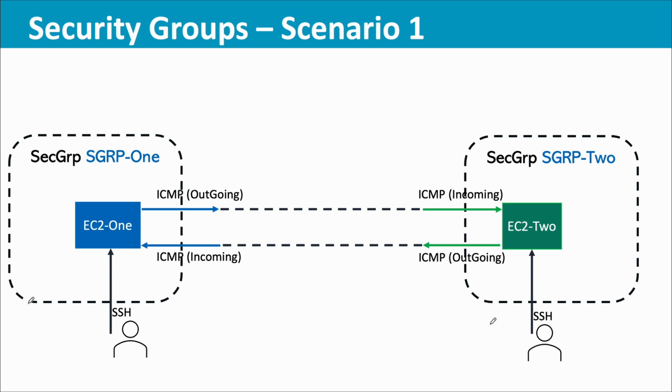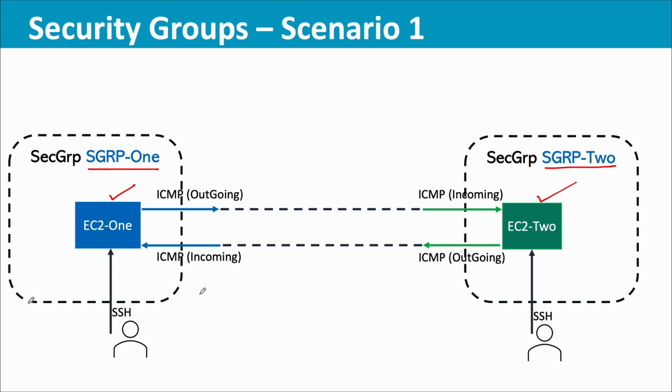So to test this, I have set this up within the default VPC. I have two security groups. One security group is called security group 1 and security group 2 is the second one, and within that we have the first EC2 and the second EC2. And what I will try to do is ping from the first EC2 to the second EC2,